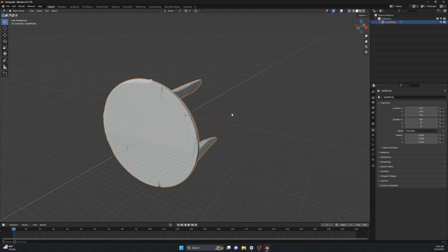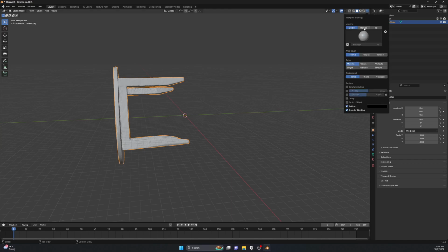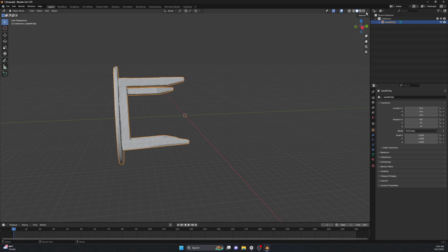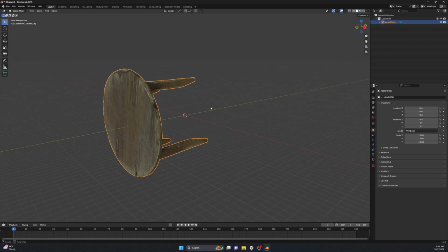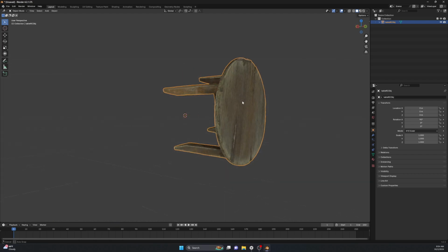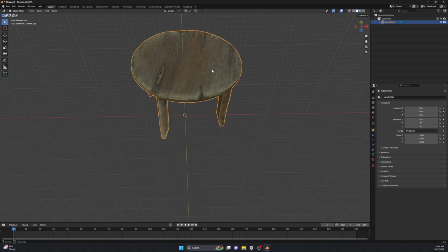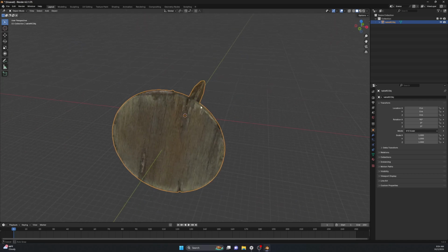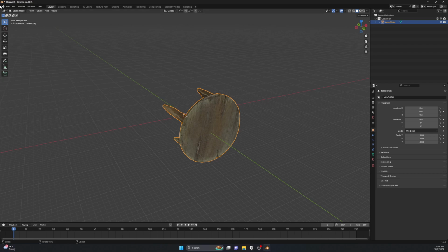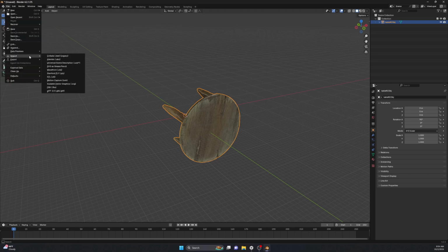It came in on its side, which is fine. I'm going to go up to here and just turn on flat and then texture, or no, attribute. So attribute will show the vertex colors, and I just want to make sure they came in okay. They came in okay, and there's a decent amount of resolution, which I think is acceptable for what I'm doing. So that's good. And file, import,